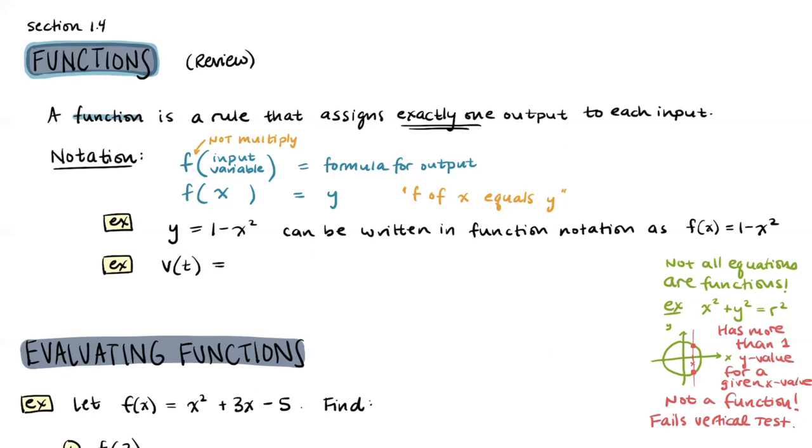So if we say v of t is equal to C R t squared, well, there's a lot of letters over here on the right-hand side, right? We have C, we have R, we have t. So this notation is really nice because this part here, the v of t, tells us that the variable is t. That's what's going to be changing. If we want to plug something in, that's where we'll plug it in. And then C and R,